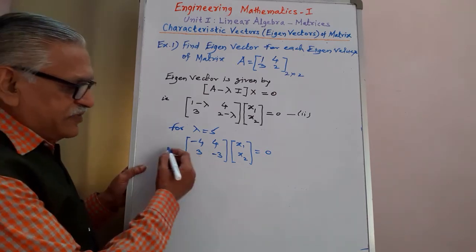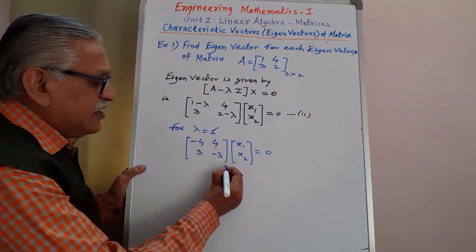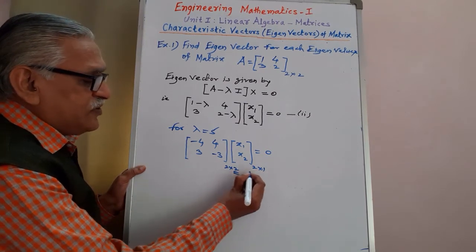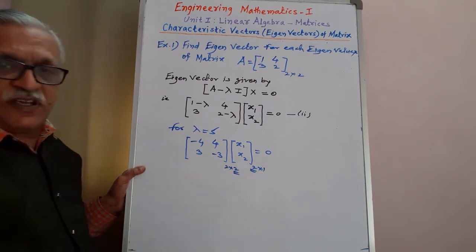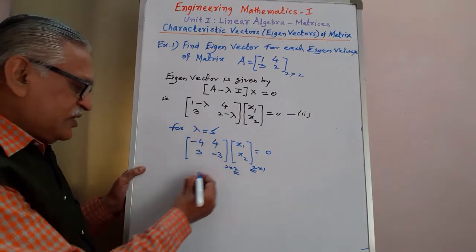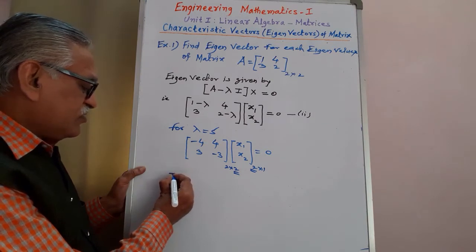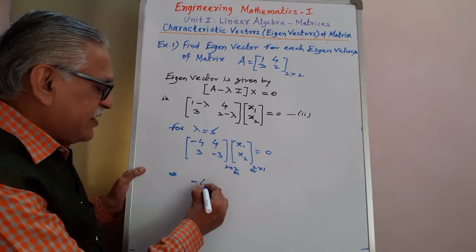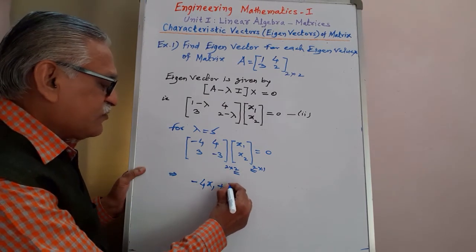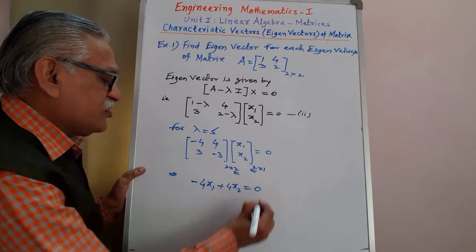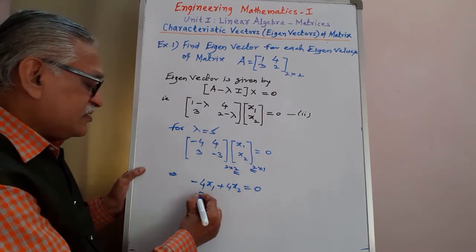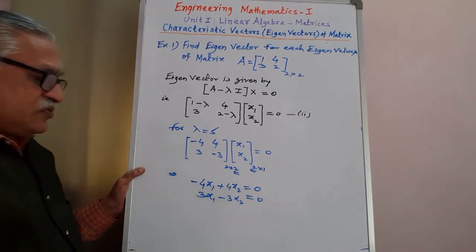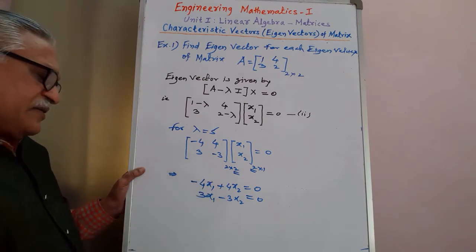And then taking multiplication of these two matrices, here the order is 2 by 2 and here it is 2 by 1. Number of columns of first is equal to number of rows of second. That's why matrix multiplication is possible, and therefore multiplying the first row by this column, we get minus 4x1 plus 4x2 is equal to 0, and the second equation as 3x1 minus 3x2 is equal to 0,